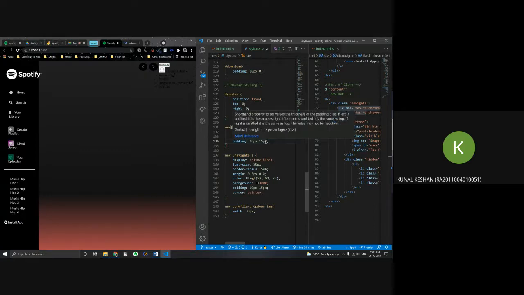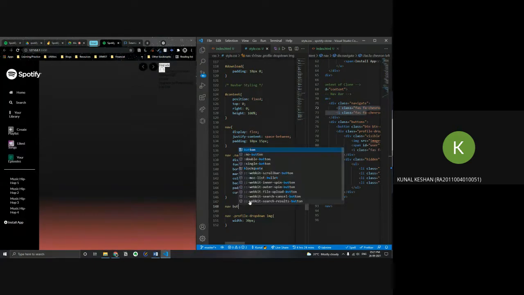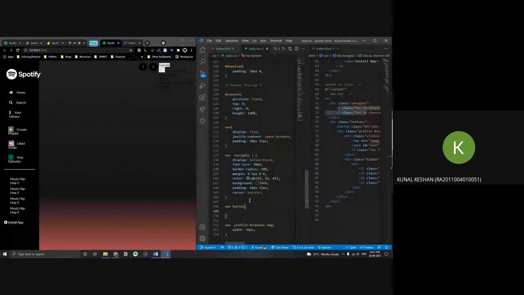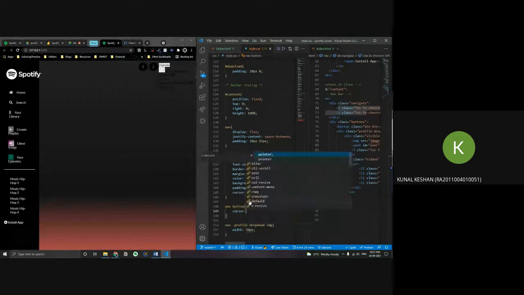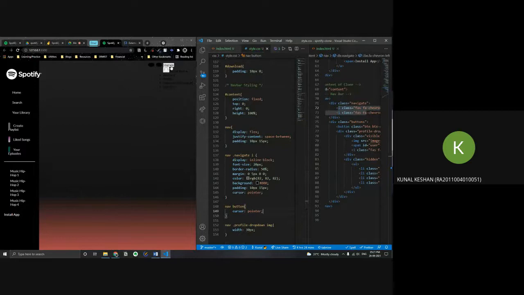Next, we'll style the upgrade button over here. We need a common one, so we just give nav and button. Same thing, you want a cursor pointer when it's on top of it, so your mouse cursor will become a hand when you put cursor pointer.